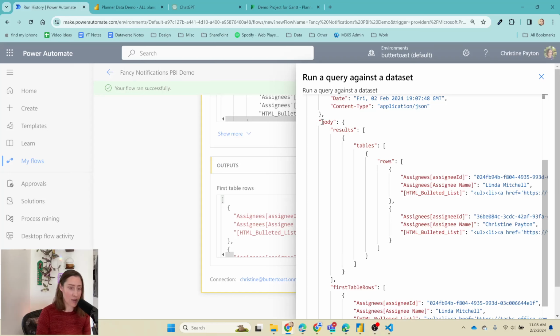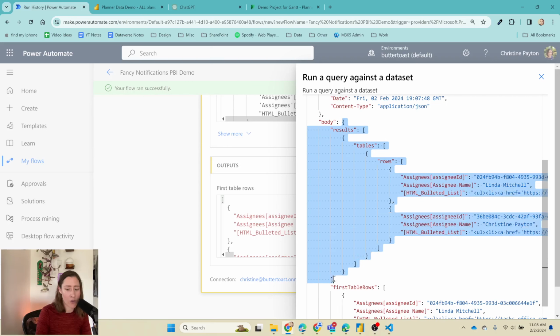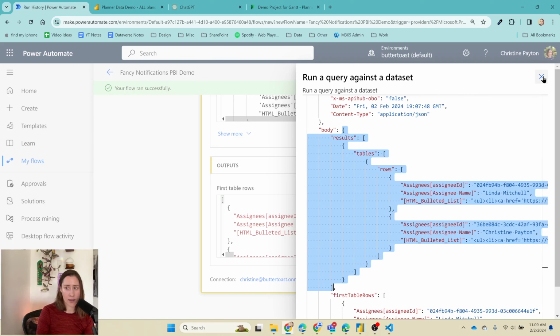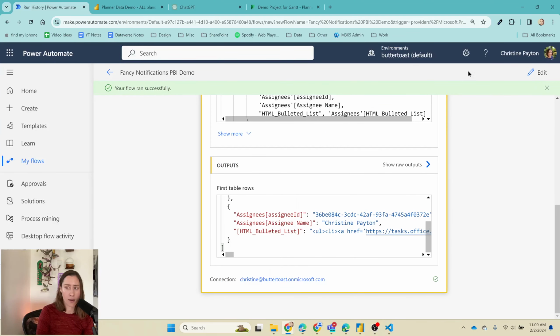Parse JSON is going to make any of our table rows from our visual accessible to Power Automate, so we can insert them in various places. So the part of this that I want is going to be the body, and I don't want to include this word body. I just want the brackets next to body all the way down to the bottom here. I'm not going to take this comma. So we're going to copy that, and I'm going to close this,